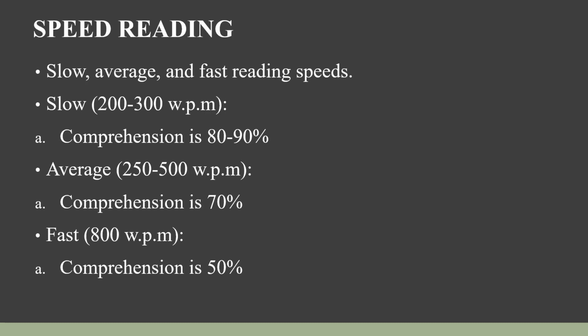Slow, average, and fast reading speeds develop simultaneously through practice. Slow reading speed means that you read 200 to 300 words per minute, and it is used when the material you are studying is difficult, when you're required to do intensive reading, and the comprehension is 80 to 90%. On the other hand, average reading speed means that you read 250 to 500 words per minute,